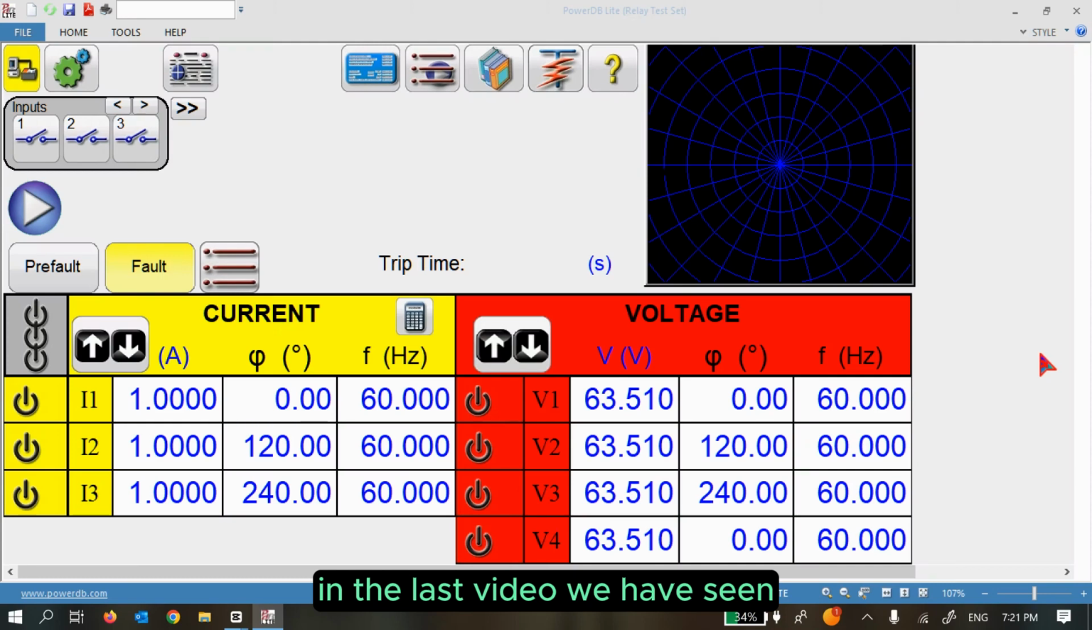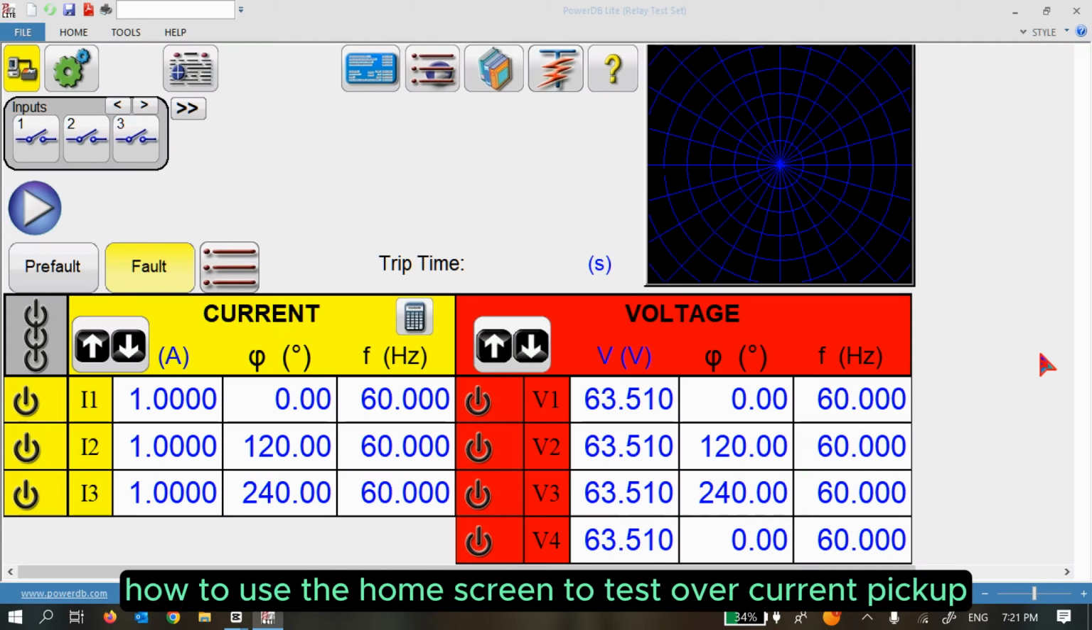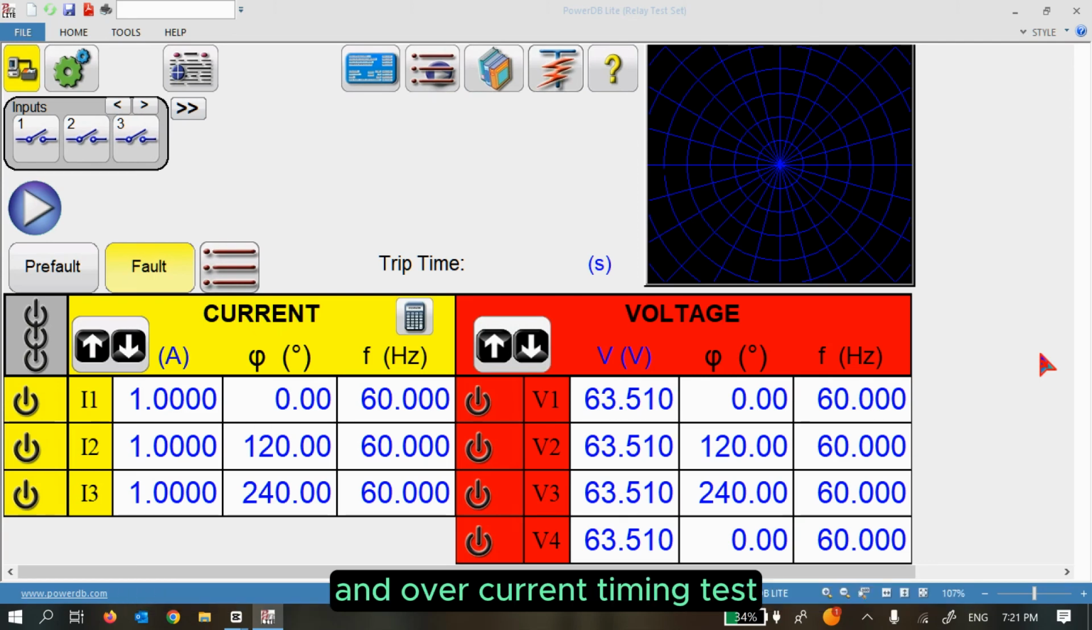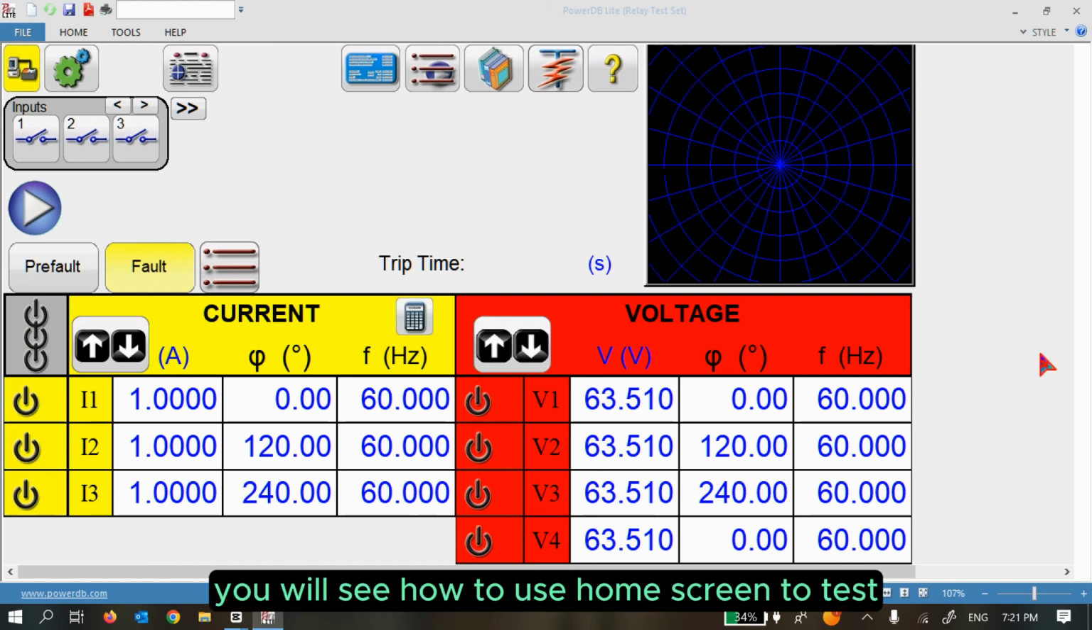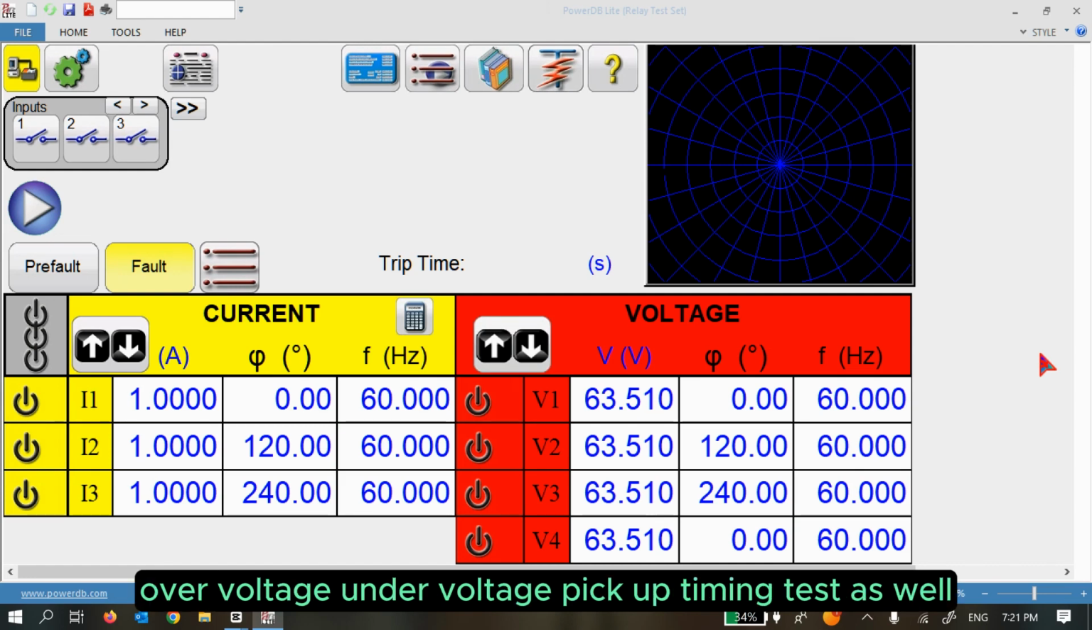In the last video, we have seen how to use the home screen to test overcurrent pickup and overcurrent timing test, and also how to get the reports by doing manual testing. In today's video, we will see how to use the home screen to test overvoltage, undervoltage, pickup and timing tests, as well as